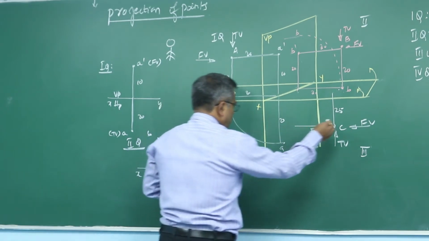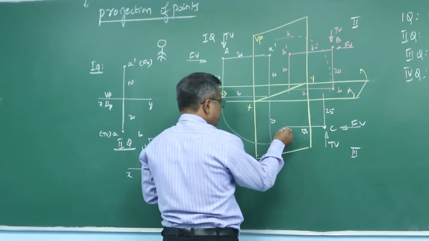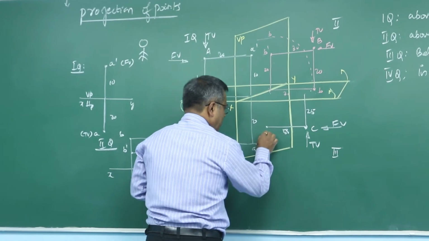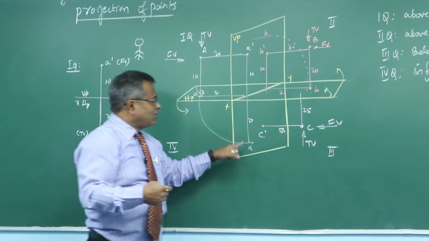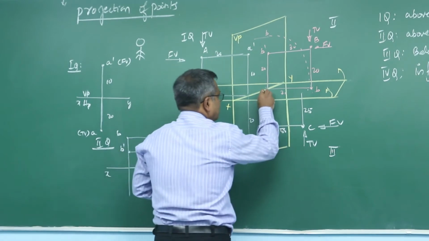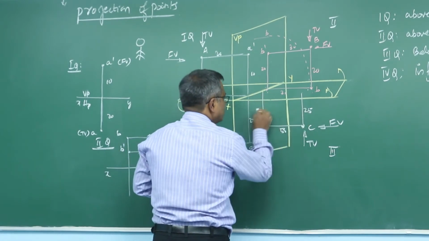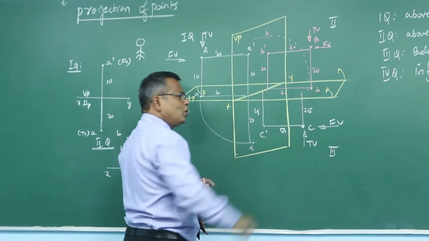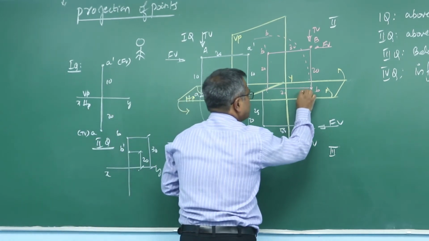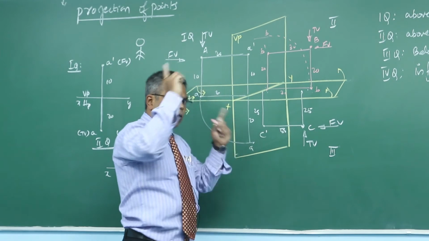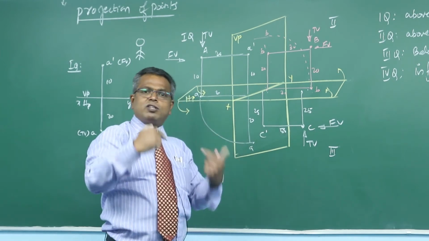Now, the front view C, when you are drawing, is projected on the vertical plane, which is called C dash. Where is C dash? It is on the vertical plane, and the distance from here to here is how much? 25 millimeter below the XY line. The top view you are projecting here, in horizontal, because top is always on HP, front is always on VP.